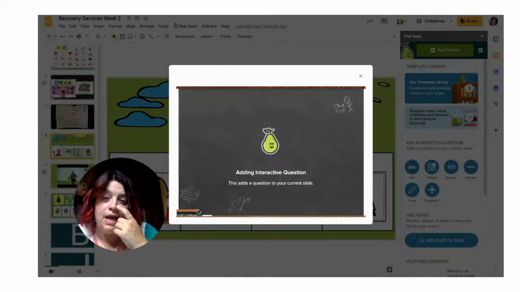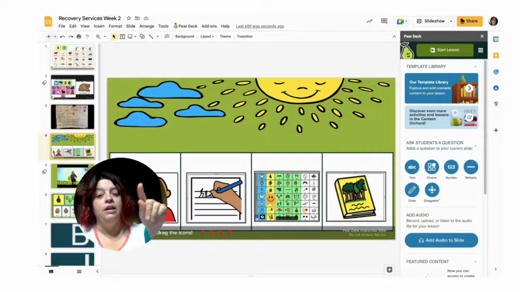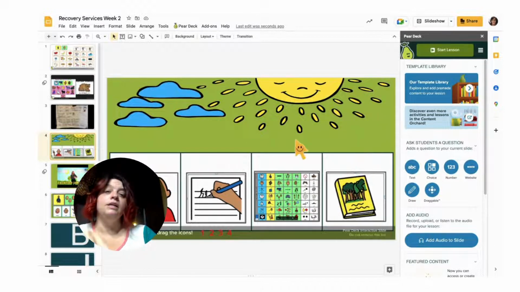So I'm going to update the slide. And then on their iPad, when they're on it, they'll have these numbers over here on the side, 1, 2, 3, 4. And then they can move them, like first we do this, second we do this, third we do this, and then fourth we do this. So that has been very helpful as well. Another thing,